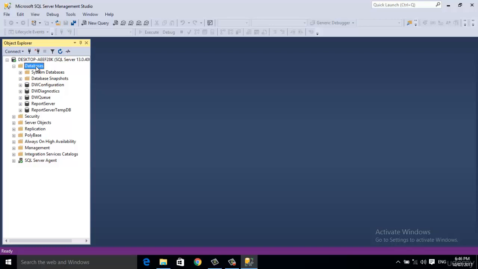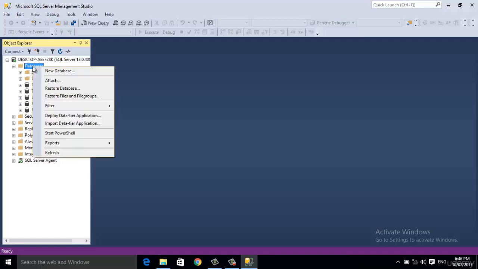Now I am going to create a new database. To create a new database, click the database icon and right click on it.